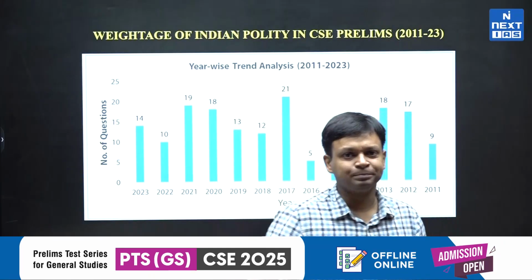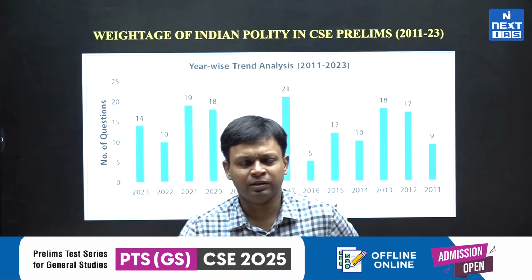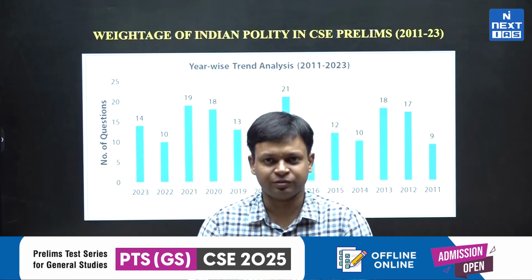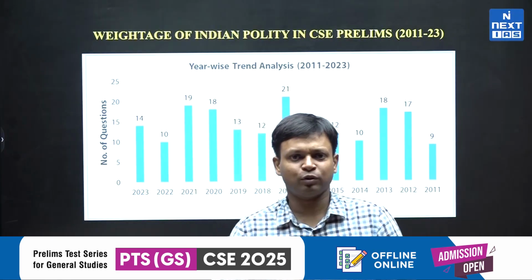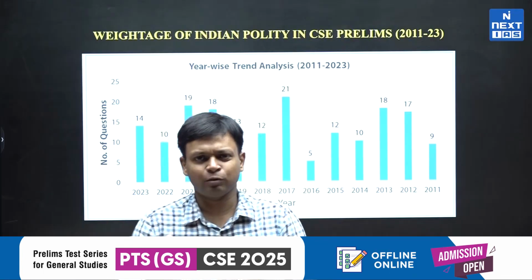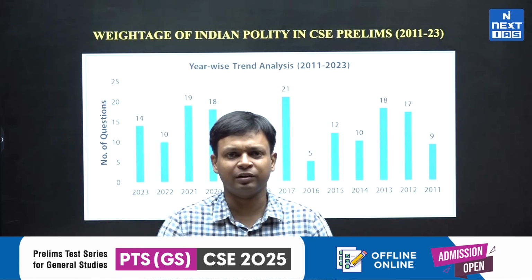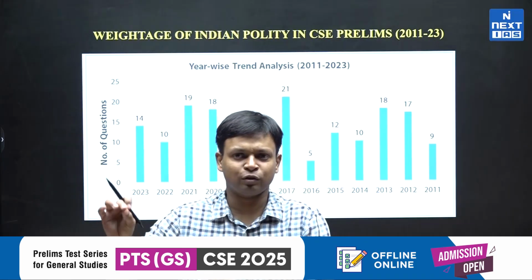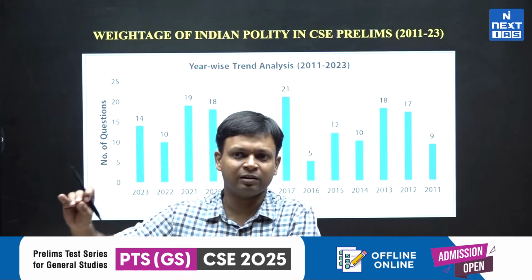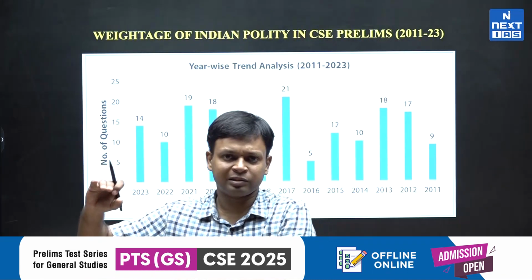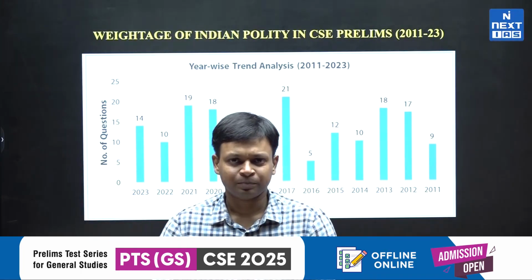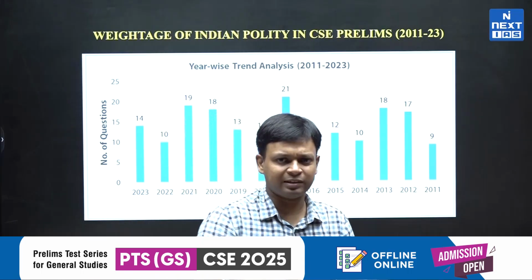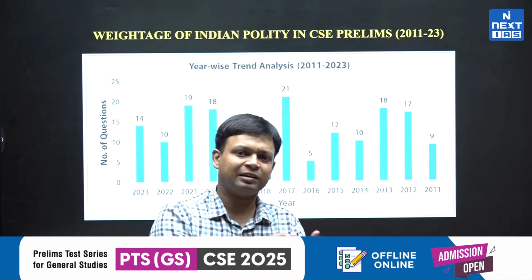First of all, we are looking at the analysis of the number of questions when we come to polity. On an average, every subject is getting a weightage of around 15 questions. If I talk of every subject, I am talking of the 6 important subjects: polity, which includes some peripheral subjects like governance; economy; geography; environment; science and technology; history and art and culture; and a miscellaneous segment, that is current affairs and other things related to that. So you are getting almost 15 questions on an average from every subject, and 10 questions will be miscellaneous. There can be an increase or decrease in the number of questions.